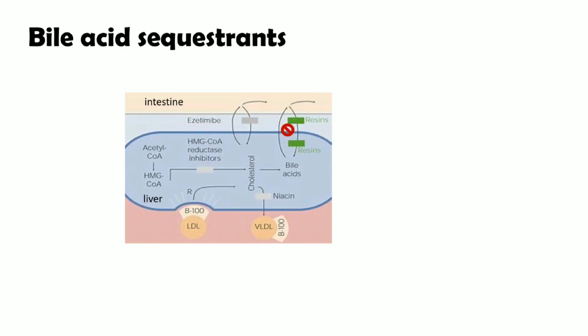Next class of drug is bile acid sequestrants. They are also called bile acid resins. They are basic ion exchange resins applied in the form of chloride salts. They are neither digested nor absorbed in the gut. They bind to bile salts and prevent enterohepatic cycling of cholesterol, which is absorbed with the help of bile salt, thereby causing fecal excretion of both bile salts and cholesterol. Resins retard atherosclerosis and coronary artery diseases, but they are clinically less popular as they are unpalatable and cause flatulence